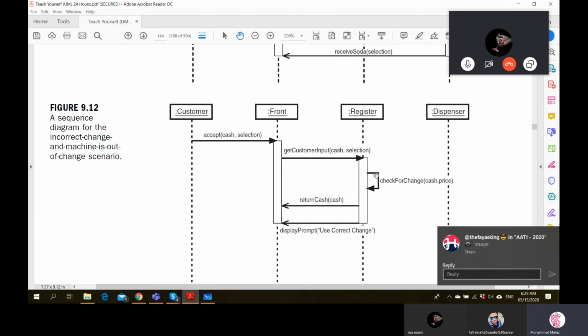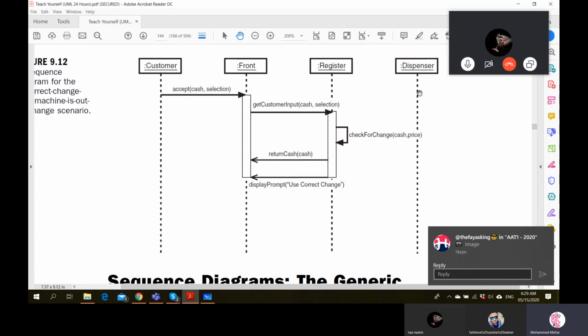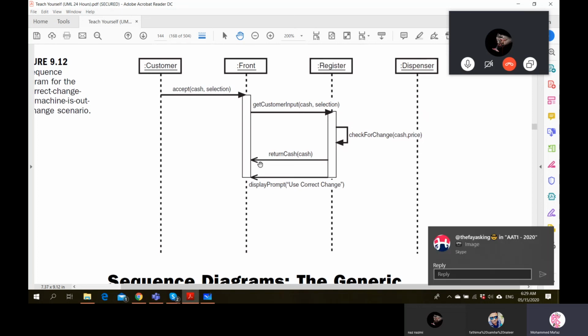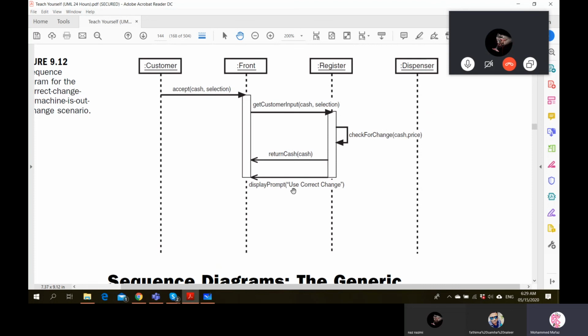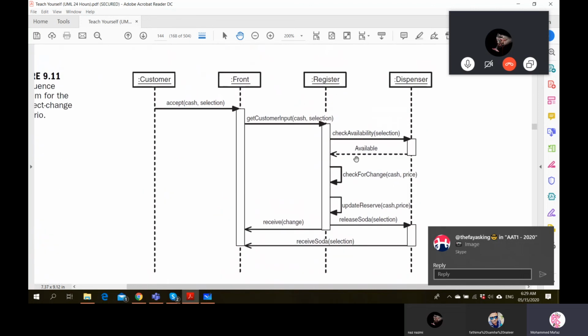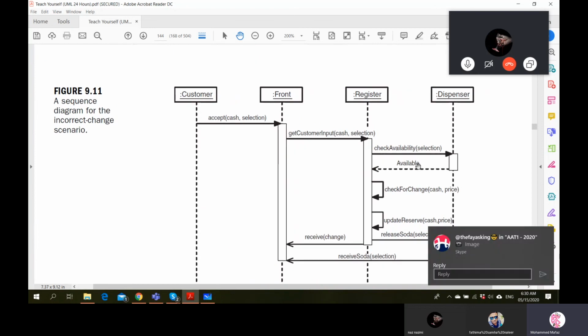Get customer input, check for change. So we don't talk back to the dispenser. We just check for the change and return the cash with the message, okay, please use the correct amount. So what they are trying to say here is we could have avoided some of these extra steps. We have to decide which one is going to call first.